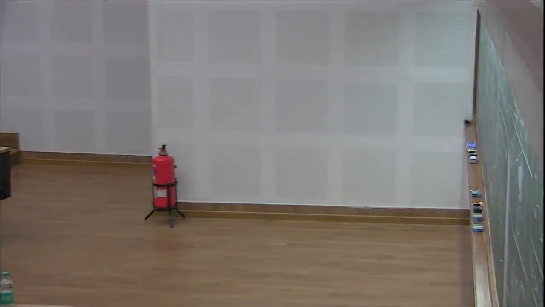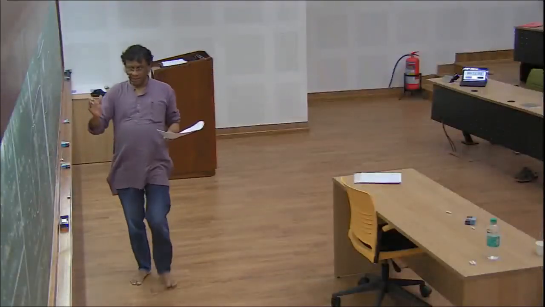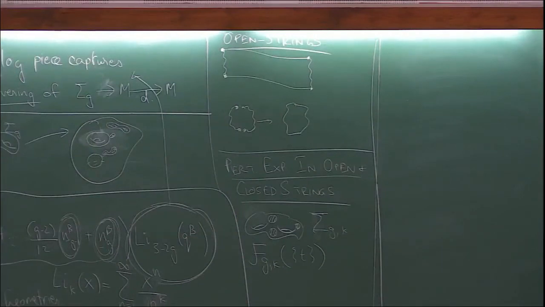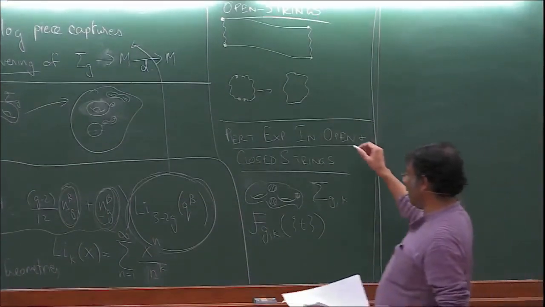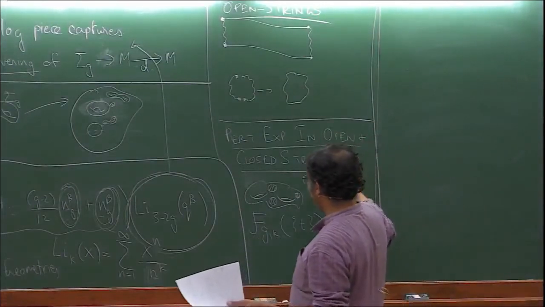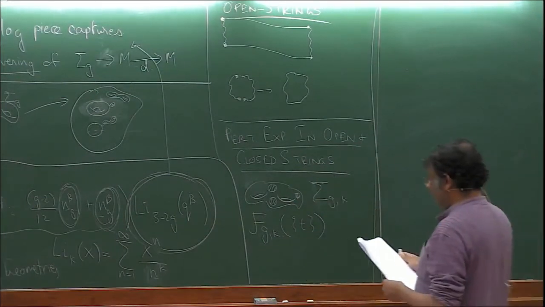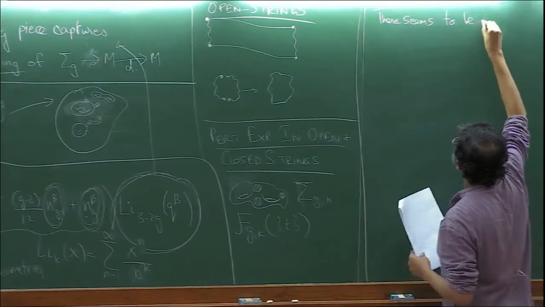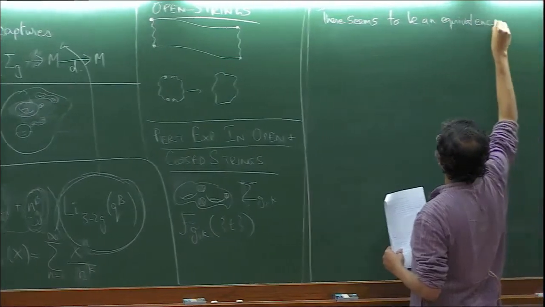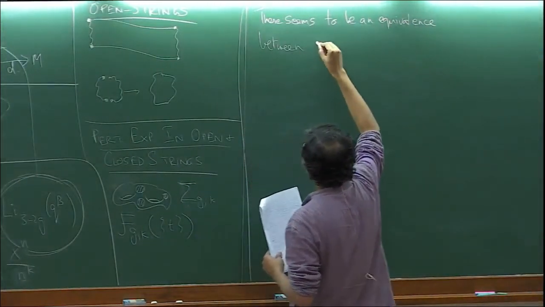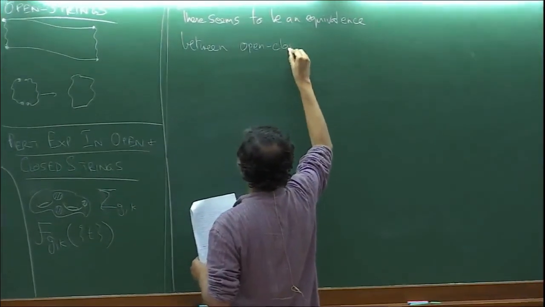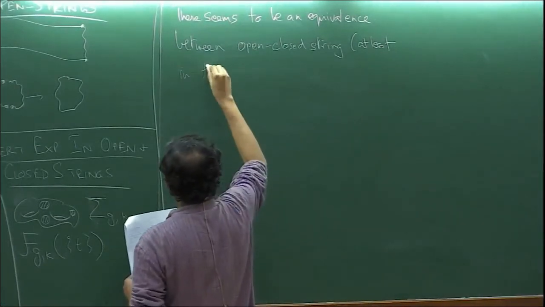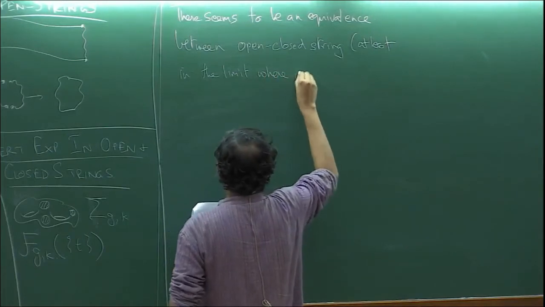So roughly speaking, open strings are closer to gauge theories, and closed strings are closer to Einstein gravity and its generalizations. So what I'll talk about is sometimes called a gauge-string duality, because of the following reason. There seems to be an equivalence between open string theory, or open-closed string theory, at least in the limit where it is a gauge theory,